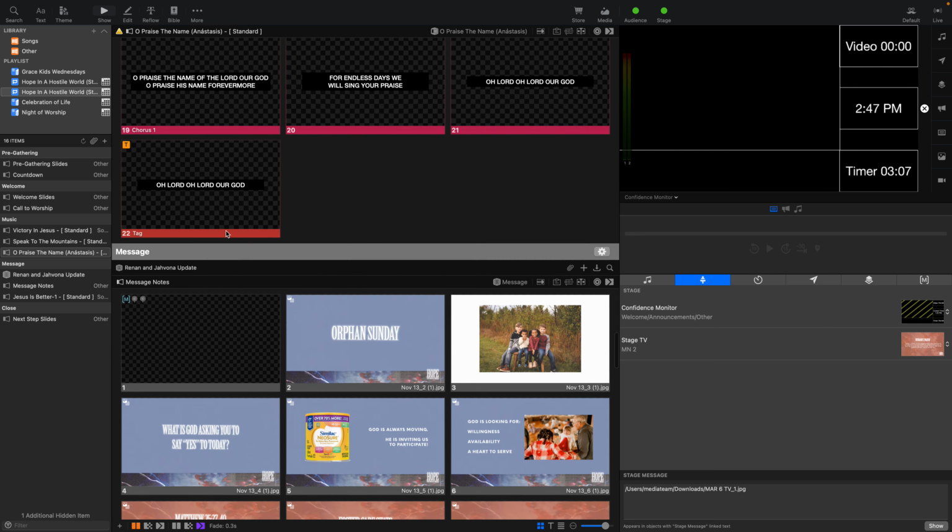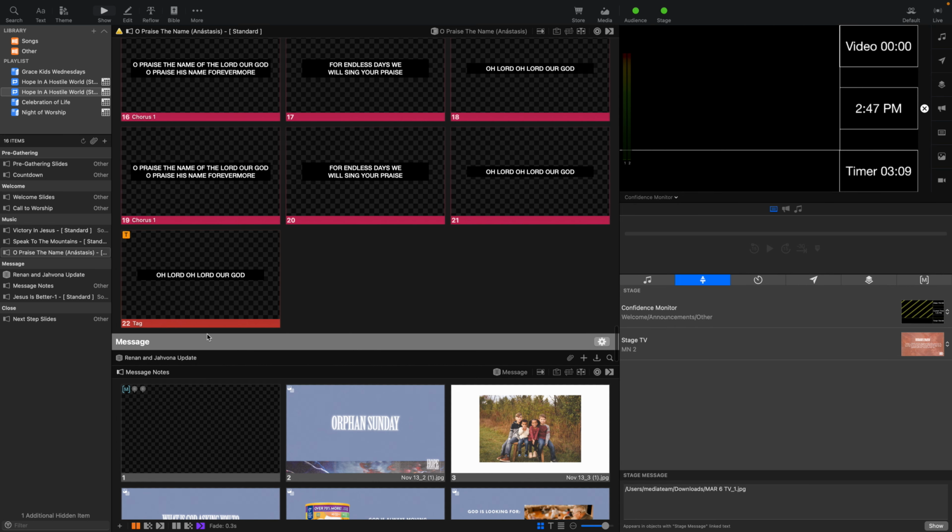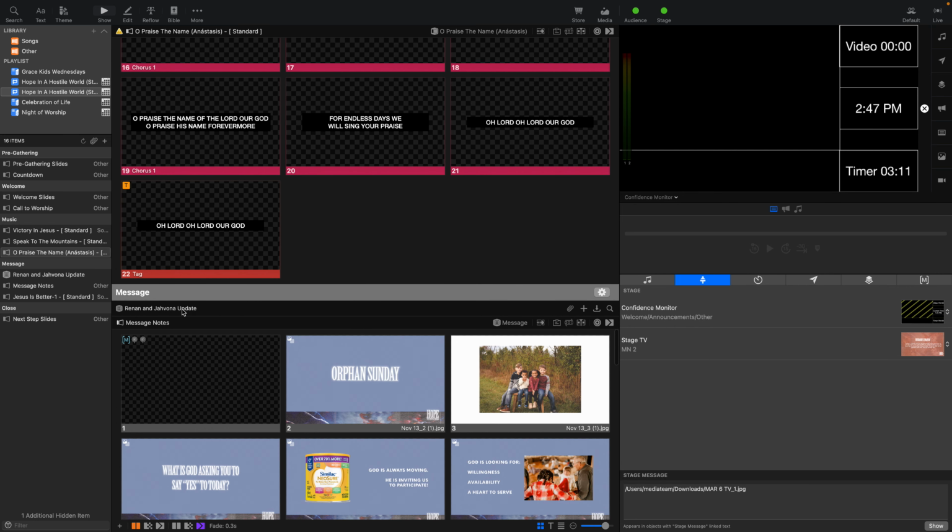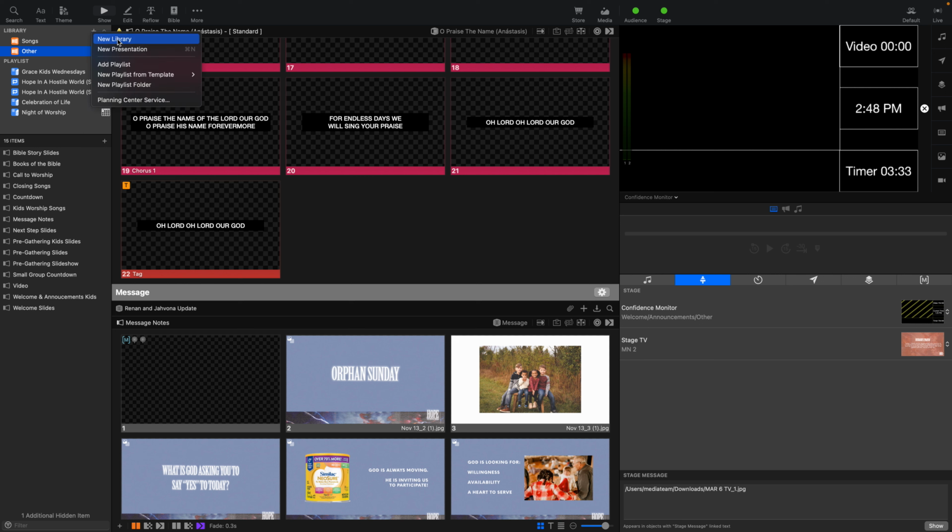2 more lighting cues. So then when we get to the message here, we actually have an update which would technically be our other timer so that we know how long that lasts. So what I'm going to do is go to other, and I am going to simply put, maybe I'll have to make a new one. We'll just call it